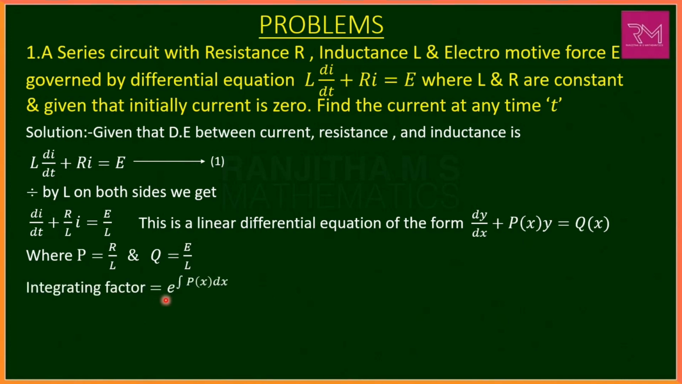We know that the integrating factor is denoted by exponential power of integral of p of x dx. Here we have to substitute t in the place of x. We get exponential power of integral of R by L dt. R by L is a constant, so we take it outside the integration, and the remaining is the integral of 1 dt. The integration of 1 dt is t itself, so we get exponential power of R by L into t. That's our